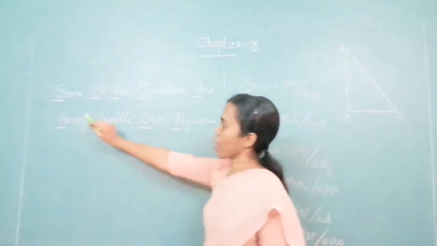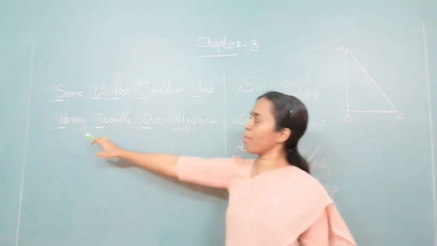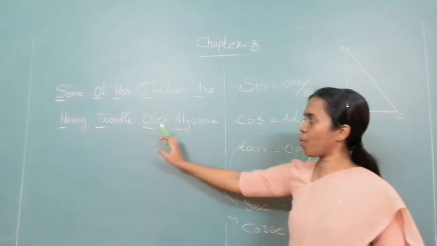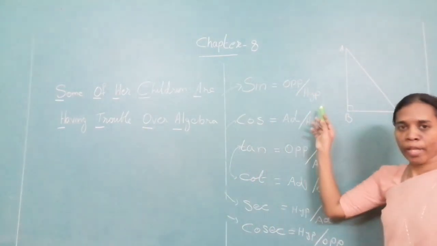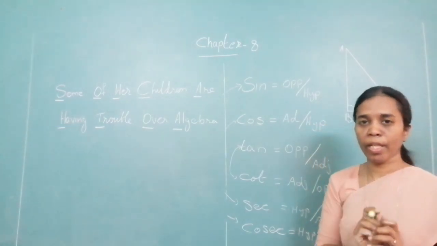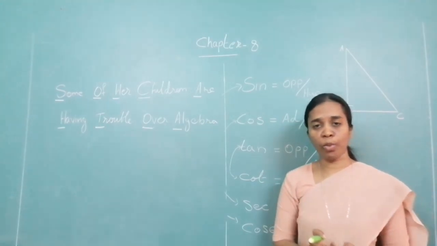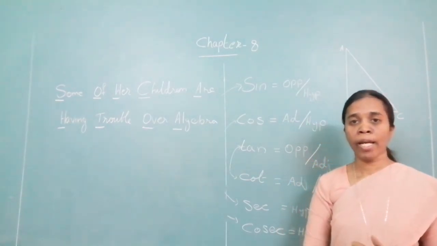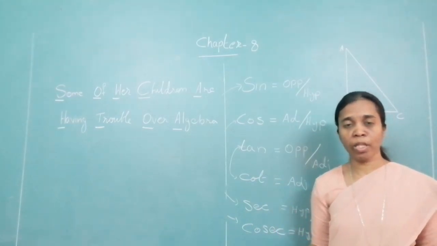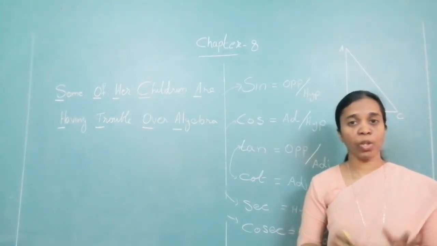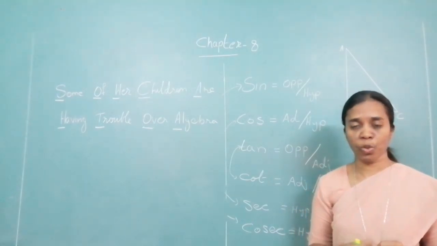I suppose you understood. Sine opposite upon hypotenuse, cos adjacent upon hypotenuse, tan opposite upon adjacent. Please learn this by heart, you have to learn it. No other option. In this chapter there are many formulas and you have to learn them by heart. I insist you learn this much because there are more sets of formulas coming. Otherwise you will get confused, and you require this for 10th standard also. Well, please learn it. Okay.